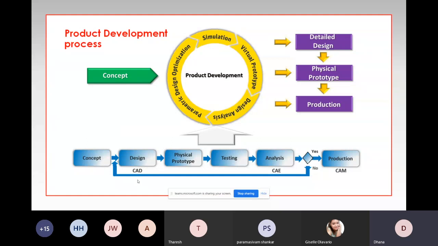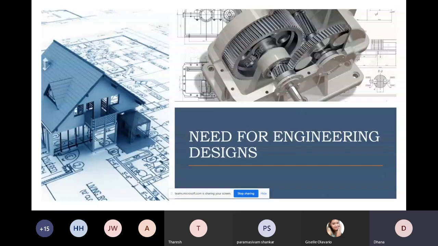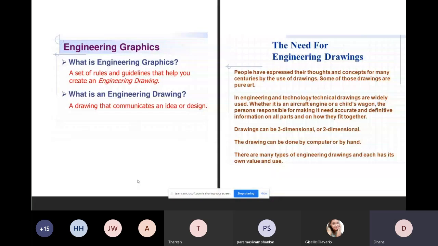So what are the needs for engineering design? We all know that without engineering design, we cannot translate our ideas to the layman. For example, engineers can understand any tooling or tolerance values, but it has to be common for the layman also. Even a lower level layman should understand what exactly it is. That is why we need engineering graphics. With the help of engineering drawings and two-dimensional drafting, subtractive manufacturing and additive manufacturing come into play.